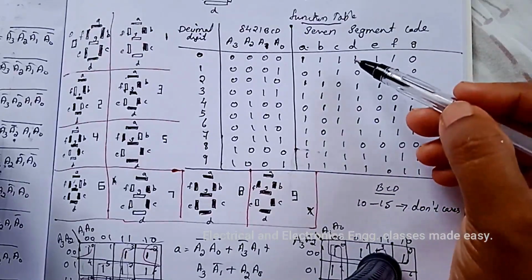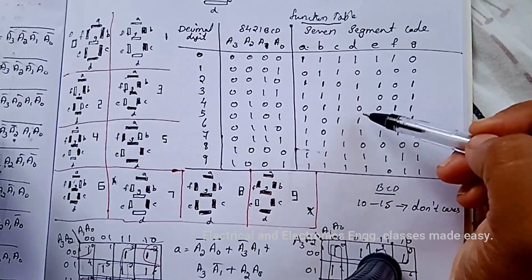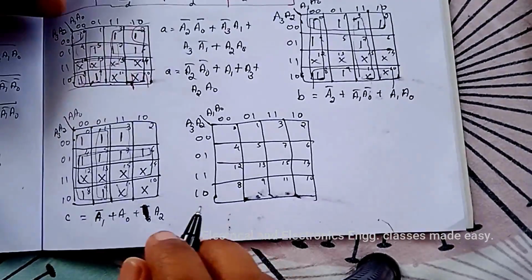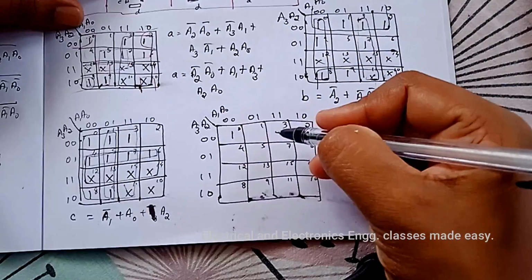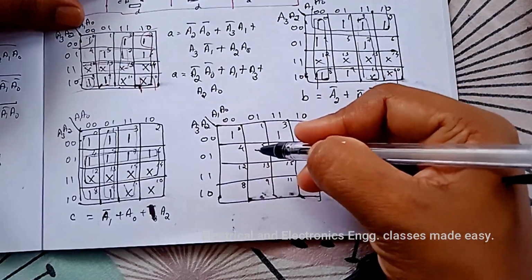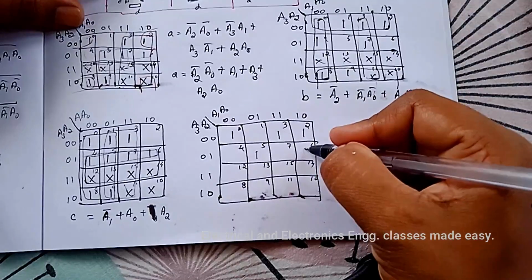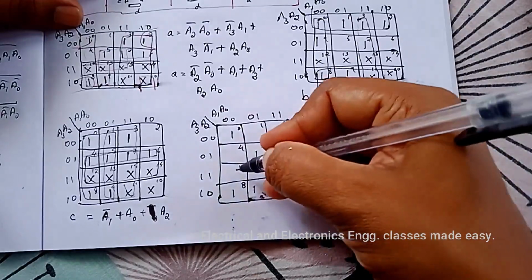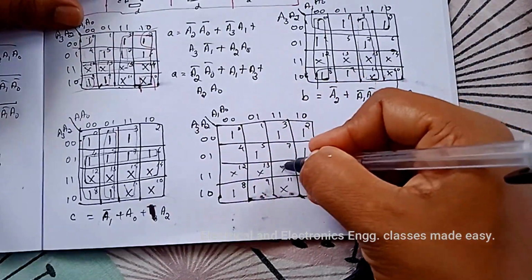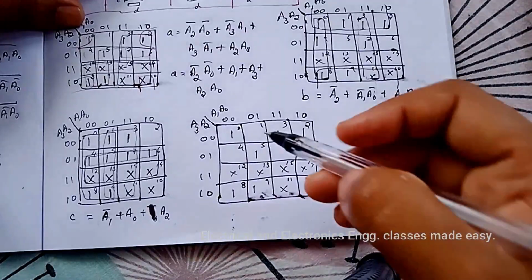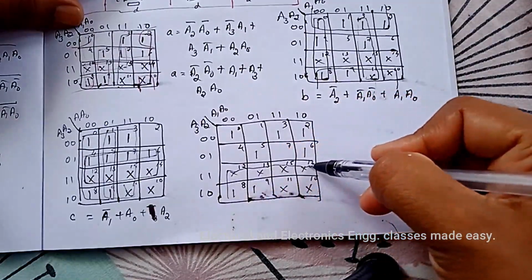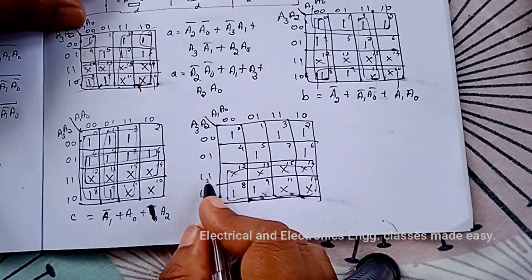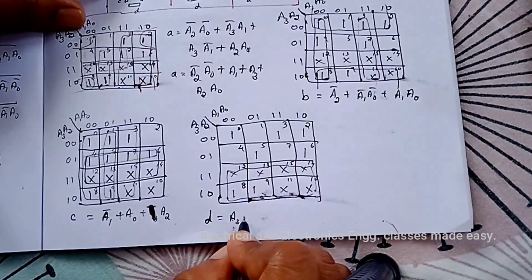Next is minimization for D. 0, 2, 3, 5, 6, 8, 9 are 1, 10, 11, 12, 13, 14 and 15 are don't cares. Here we can combine these 8 squares. So D is equal to, we get A3 plus,